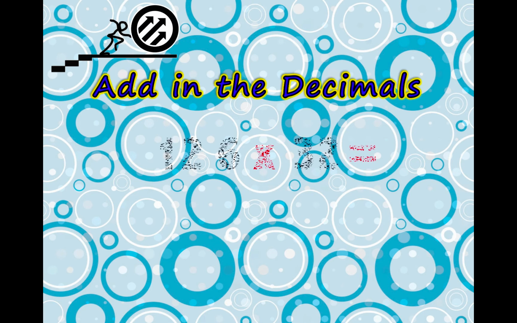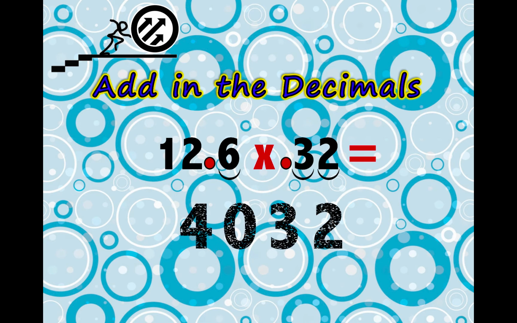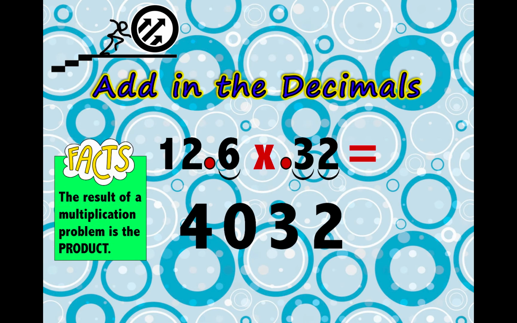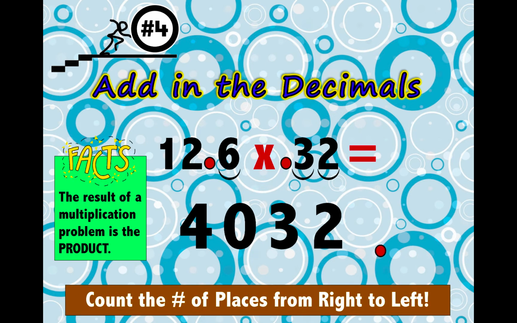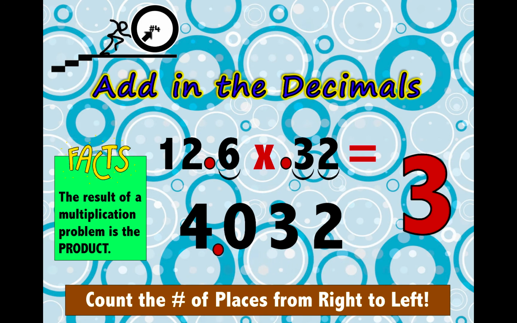Step number 4. Add the decimals back into the product. Here is the original problem. 12 and 6/10 multiplied by 32 hundredths. How many decimal places do we have? Let's count again. 1, 2, 3. When we multiplied this number like whole numbers, our product was 4,032. Now it's time to add back in the decimals by counting the number of decimal places from right to left. 1, 2, 3. Our final product now is